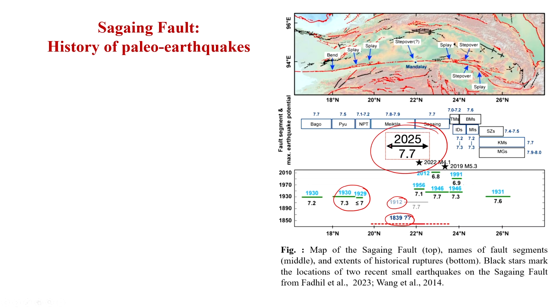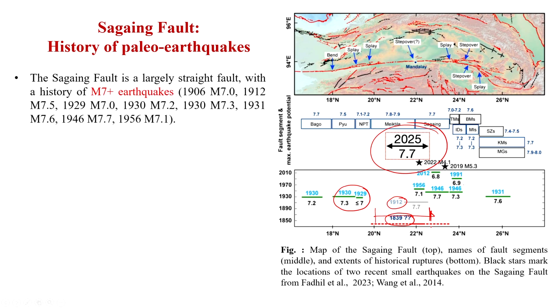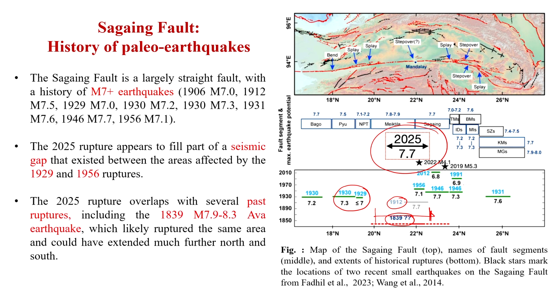But this 2025 earthquake was in this area, and that is what they call the seismic gap region. The 2025 rupture appears to fill part of the seismic gap that existed between